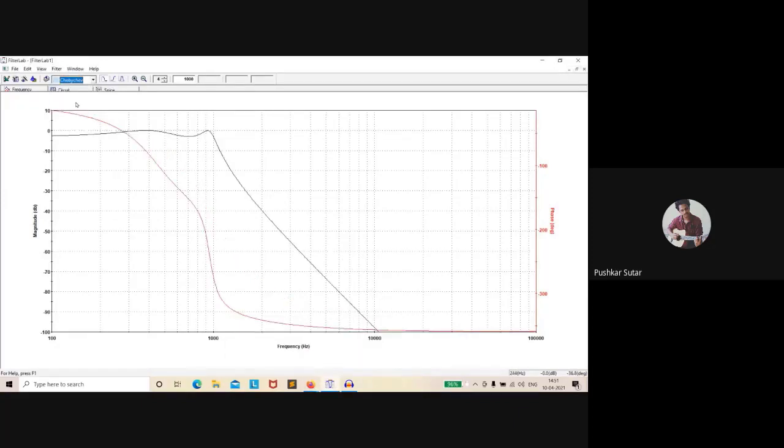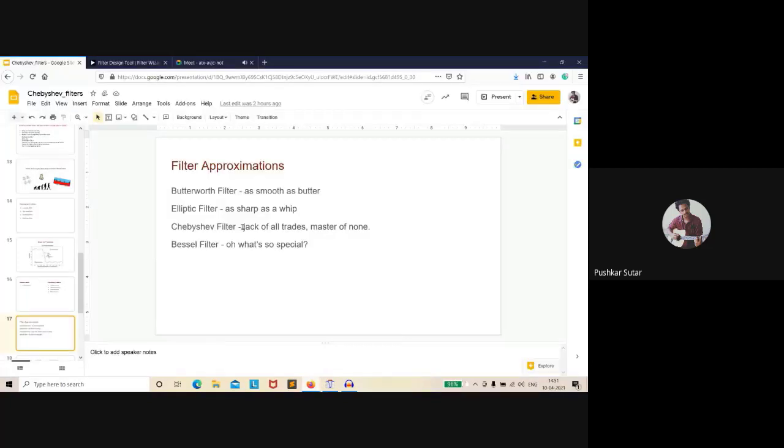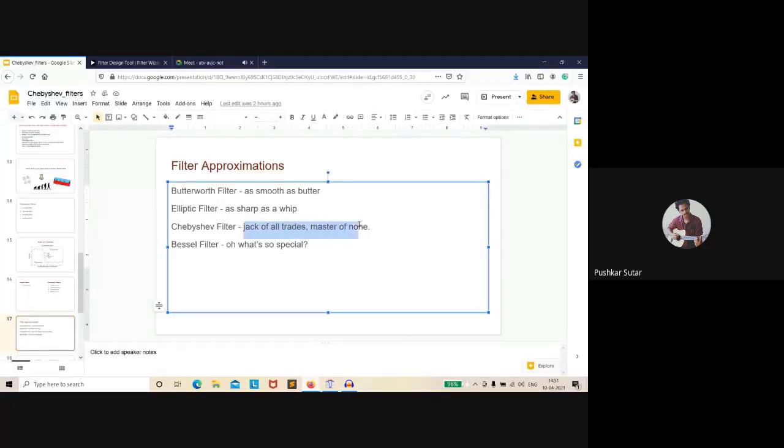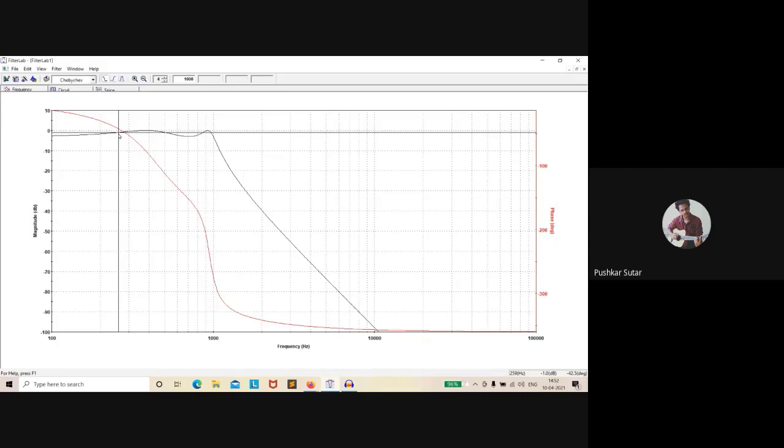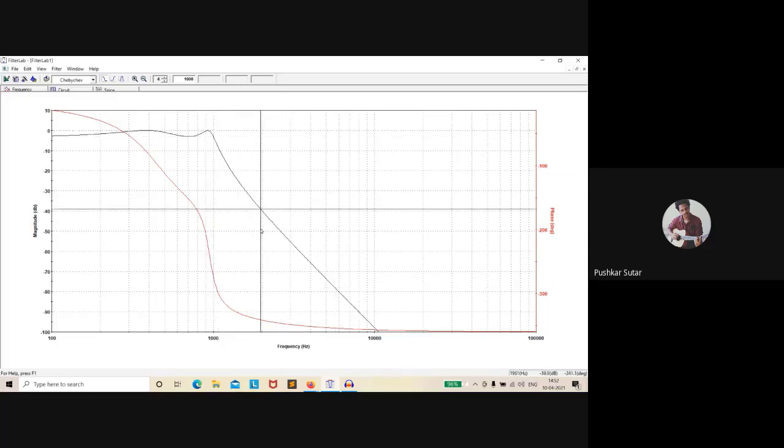These two we studied today, Chebyshev and Butterworth. Now what I want you to understand is what I'm calling Chebyshev on the slide, look, a jack of all trades but master of none. Why am I calling him jack of all trades and master of none? We'll learn when we directly compare each and every filter one by one. But what I want you to take from this graph is that there are ripples in the pass band, correct? There are ripples in the pass band, and you can see a relatively smaller transition width.